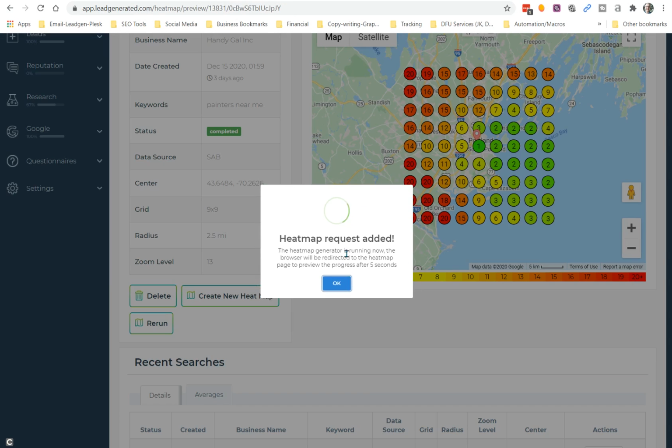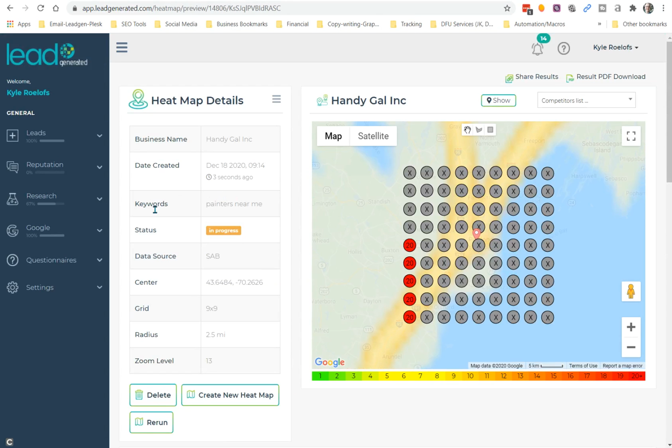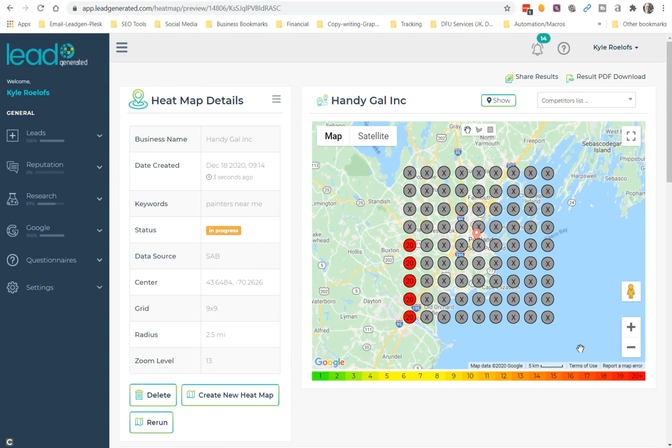So then we rerun. What it does here is it adds a heat map request, and then it takes about 5 minutes for it to come around typically. Sometimes it's faster, sometimes it's a little slower depending on how much is running on it. Also, a new unique feature inside of Lead Generated is you can also add in, so I'm going